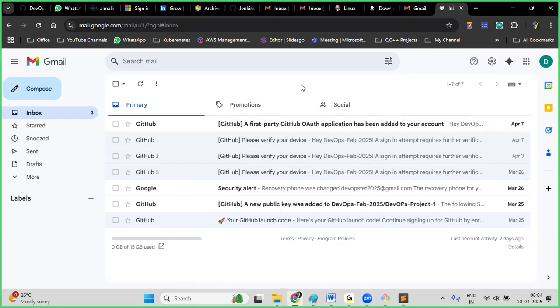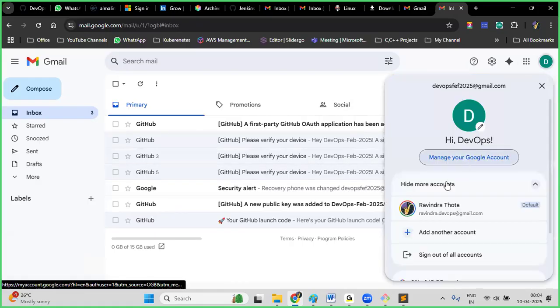So this is our mail ID, and we have created a GitHub account on this mail ID. Of course, you can put any mail. To whichever mail you want to get the alerts from the Git repository, you can put that. But we have already configured this one, so that is the reason I'm choosing it. Now this is the mail ID. Yes, copy this mail ID